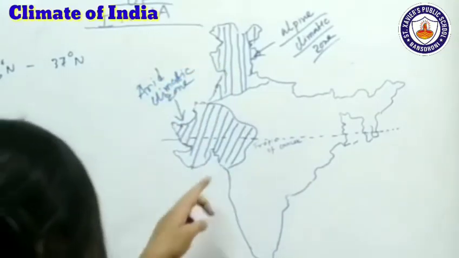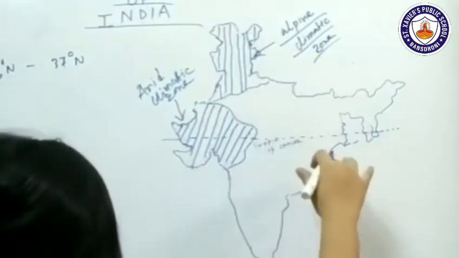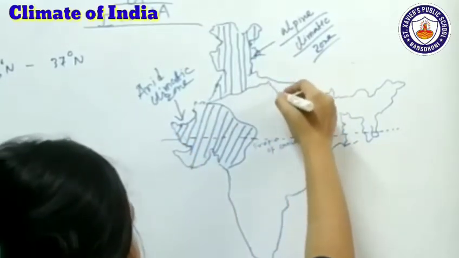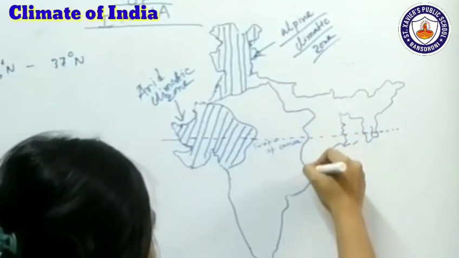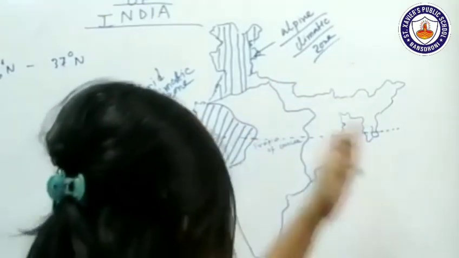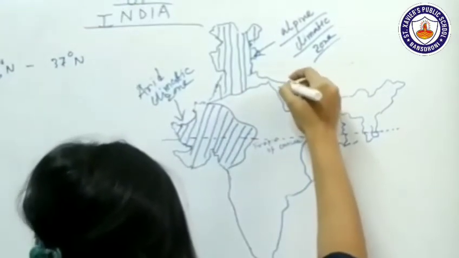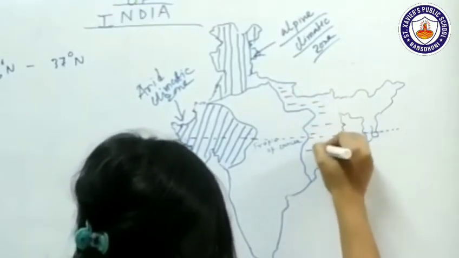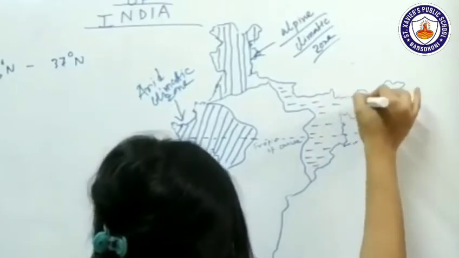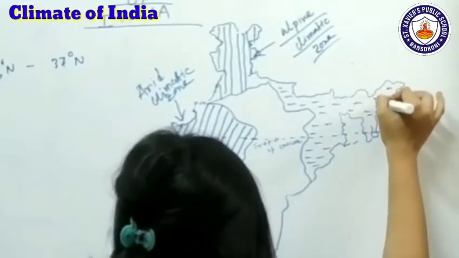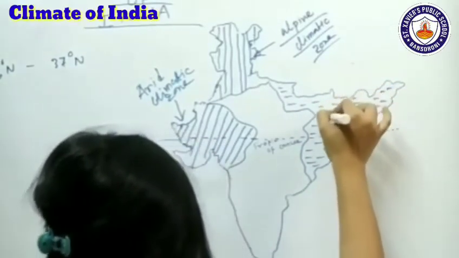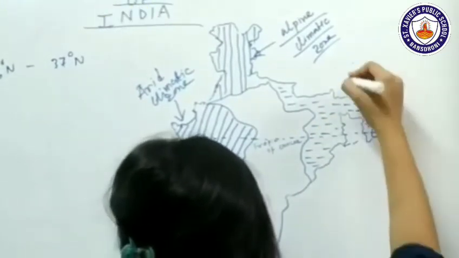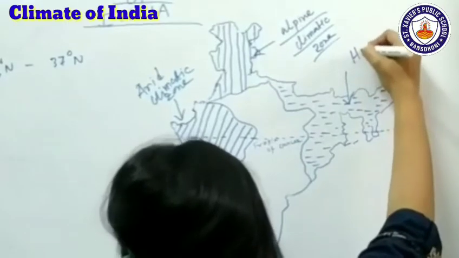Okay, and what about the eastern and southern part? This eastern part is included under humid subtropical,